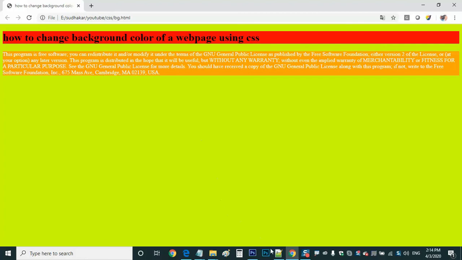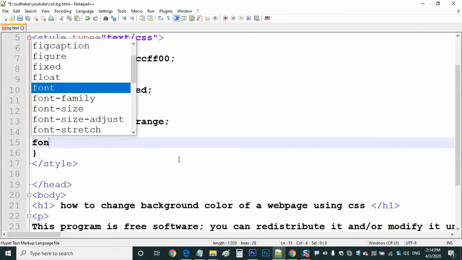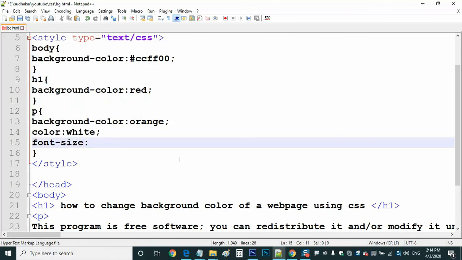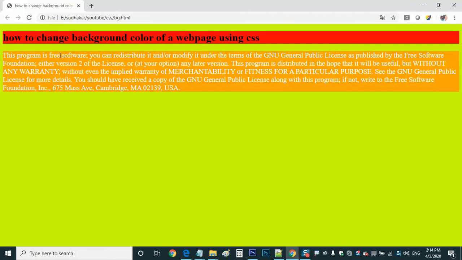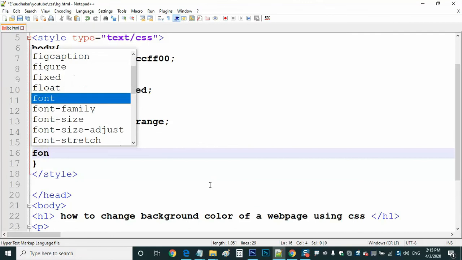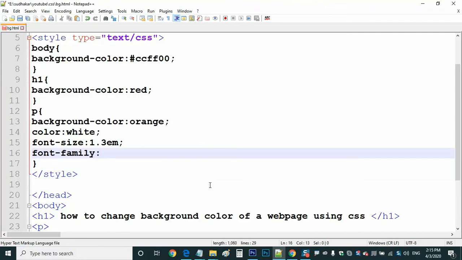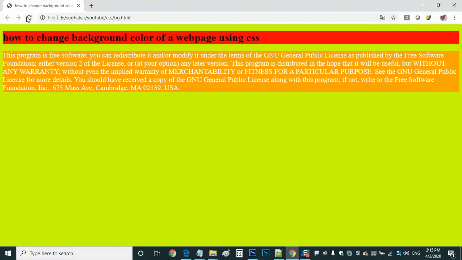If you want to change the font size, we discussed font size in the previous video also. So here the measurement will be 1 em, 2 ems like this. 1 em equals 16 pixels. So I want to give it 1.3 em here. Save this file. So now we got this. And I also want to change the font. Once again I want to show font family. It is Arial font. Save this file and run this.